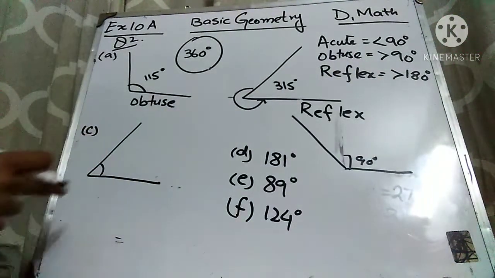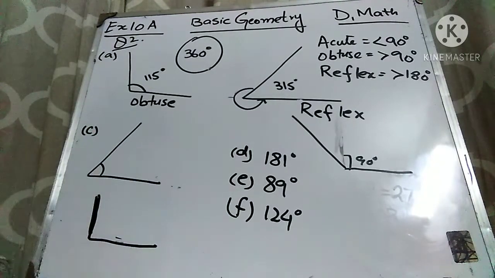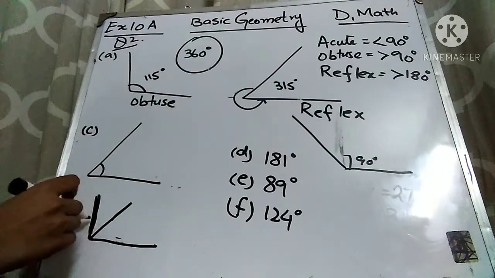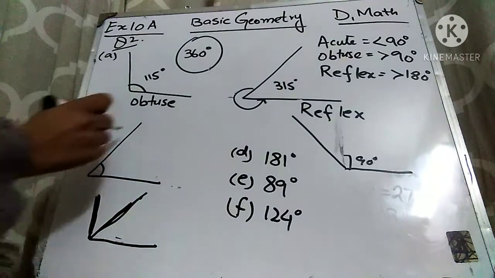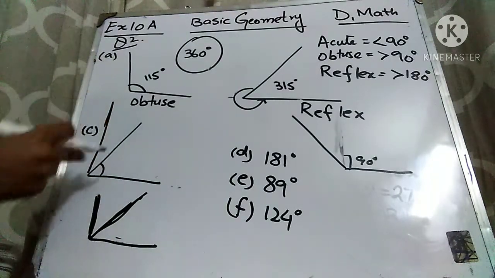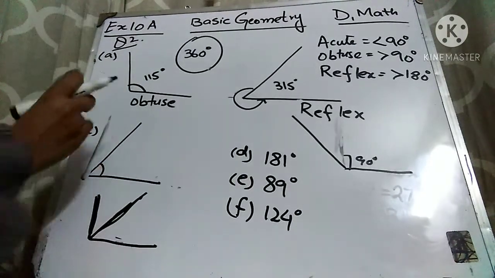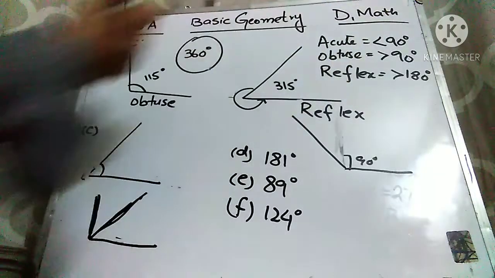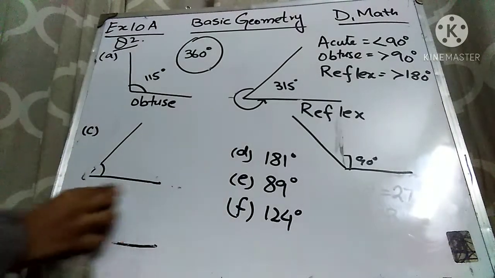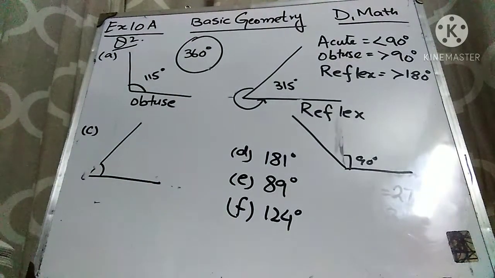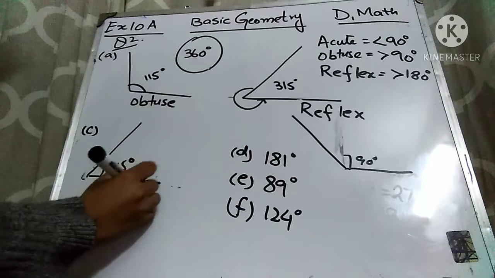Now see this angle. As I have told you, this is a straight line, and the straight angle is 90 degrees. So if the angle is over here, it means that the angle is less than 90. This is the 90 degree angle now. And if it's over here to the right hand side, it means that it's less than 90 degrees. So if it's less than 90 degrees, this angle is an acute angle. When you measure this angle on your book, you will get that this angle is 45 degrees. So this is an acute angle.